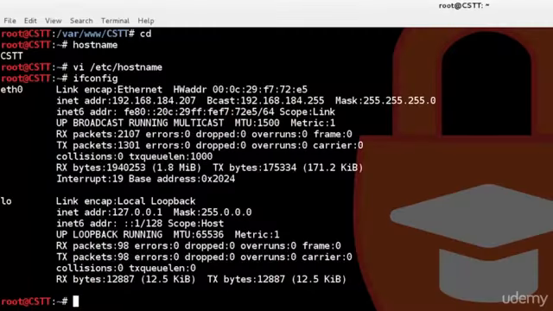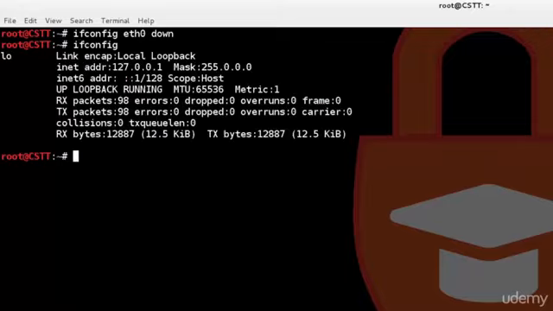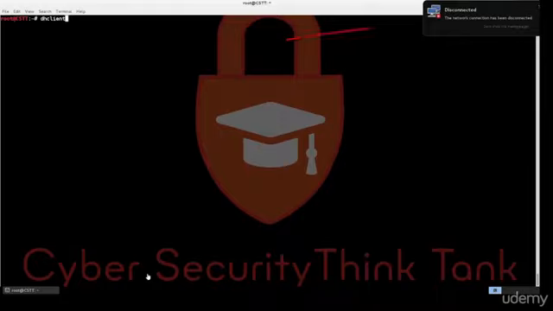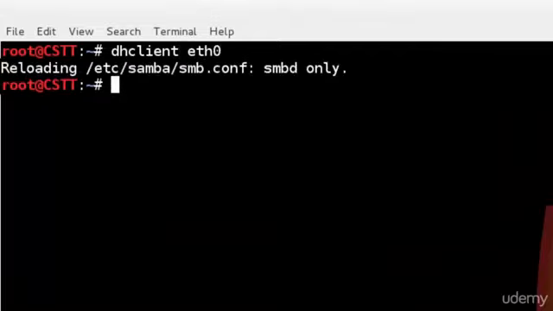How do you request an IP? Let's say I'm going to take down that specific interface, so we don't have anything right now. I'm just going to use dhclient, which is for DHCP. You can see on the right side we got disconnected. So we just do dhclient and the interface, and